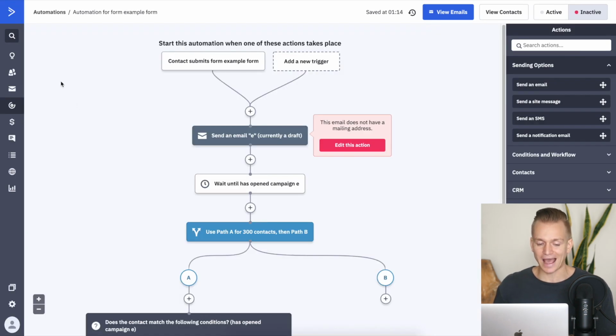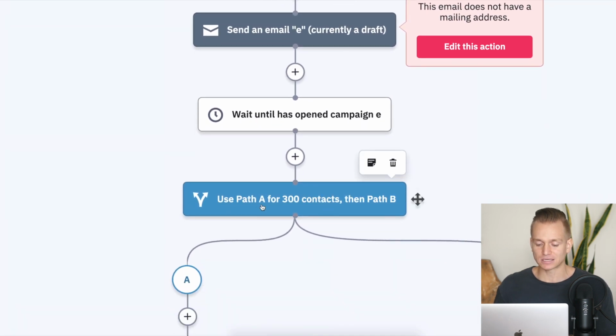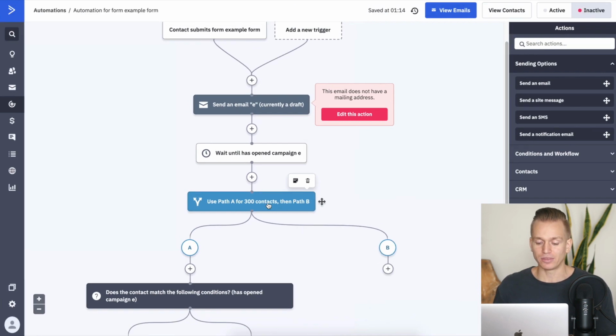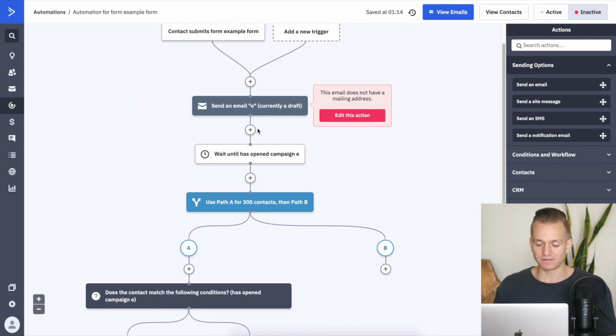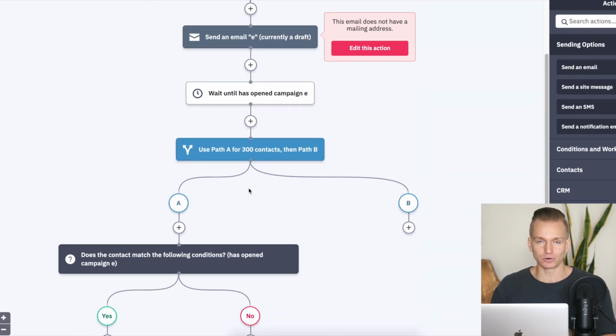One thing that ActiveCampaign has that MailerLite doesn't have is this split within the automation. So for example, let's say someone is going down your automation workflow, and from your list, you want to maybe split your list in half, and you want to send out one email to half of the list with maybe one headline and a slightly different headline to the other half of the list to see which one is performing better.